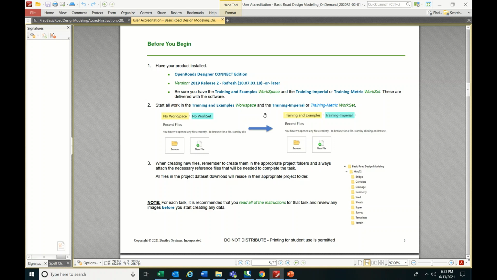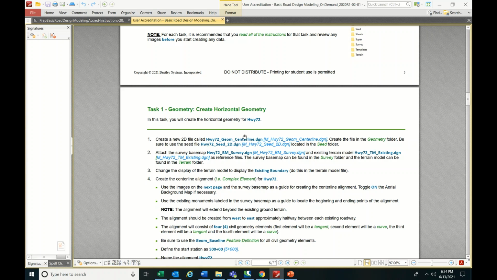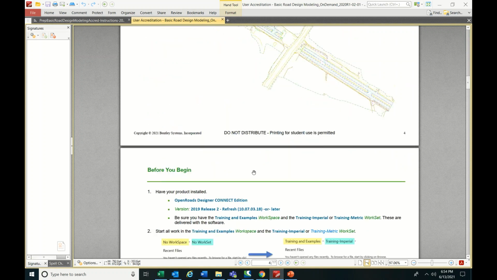There is no need to hurry or bother. They give clear instructions, and this test is very, very useful. Once you have qualified, they will provide an approval mail saying that you are an approved road designer. So guys, please have a look and try to attend this, if you have a licensed OpenRoads designer. If you don't have a license, I don't know whether it will work or not, but anyway, have a look over the test.